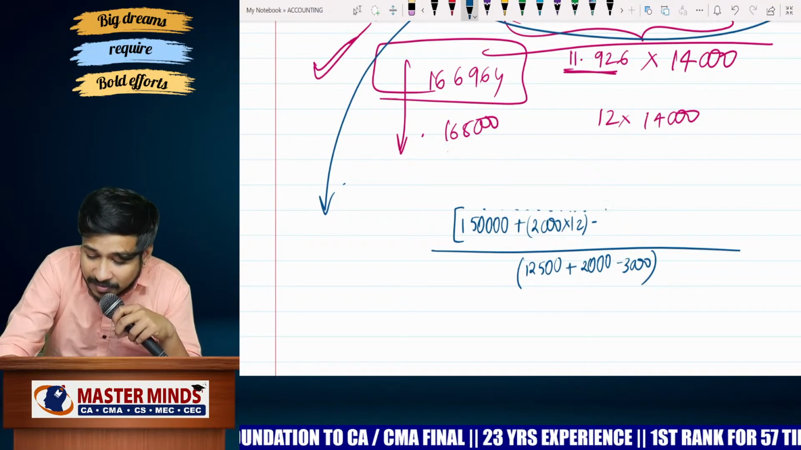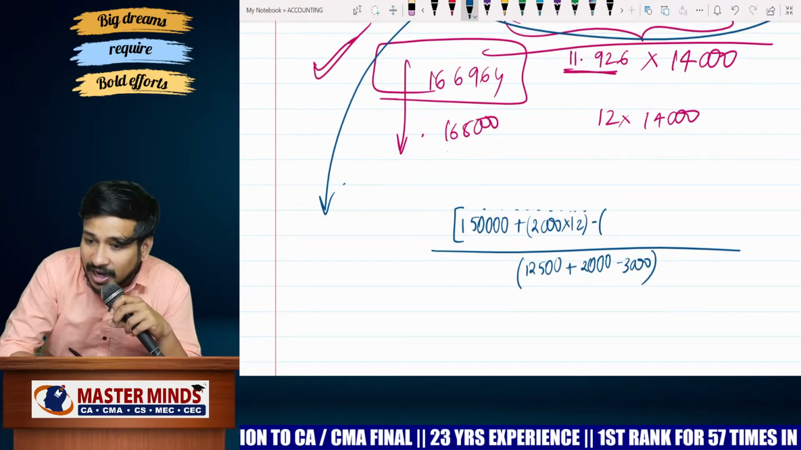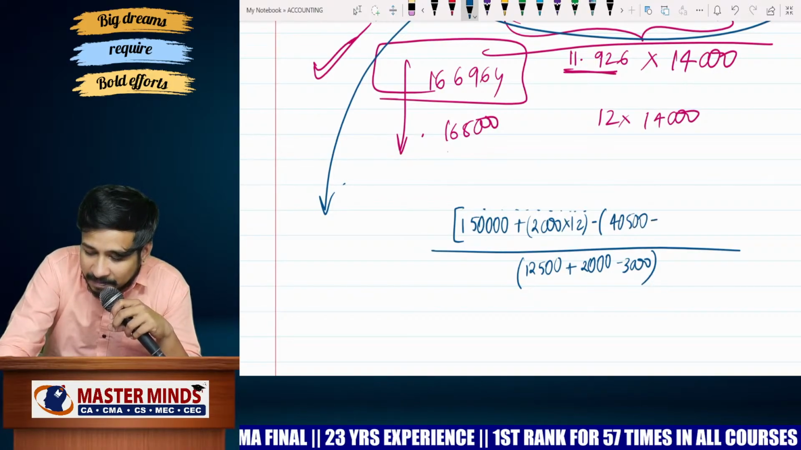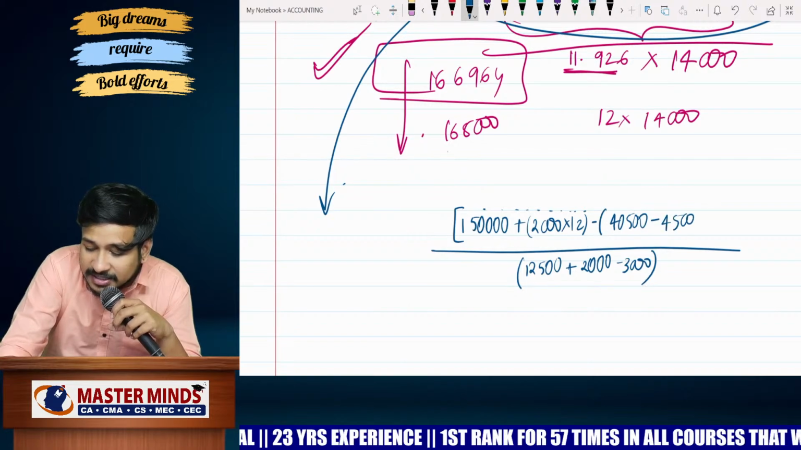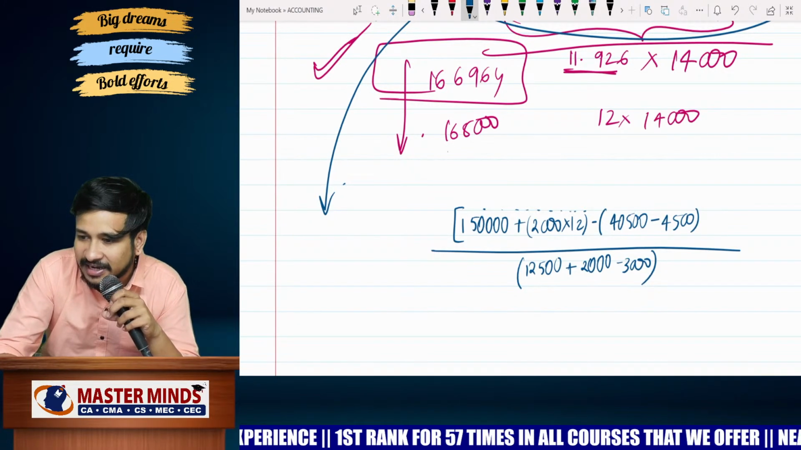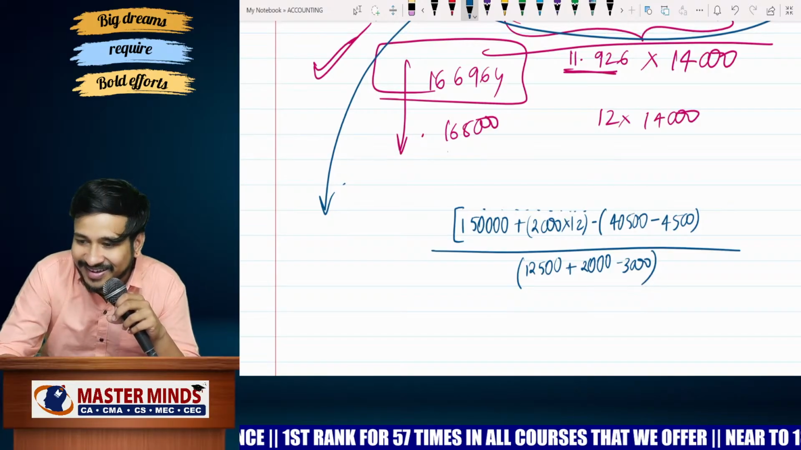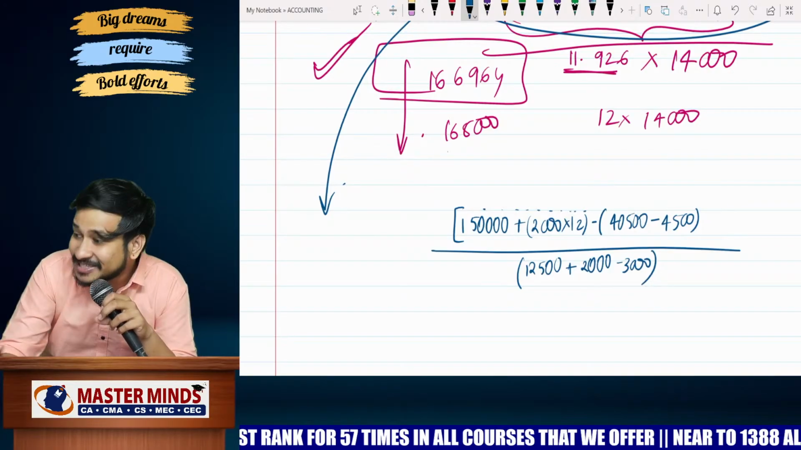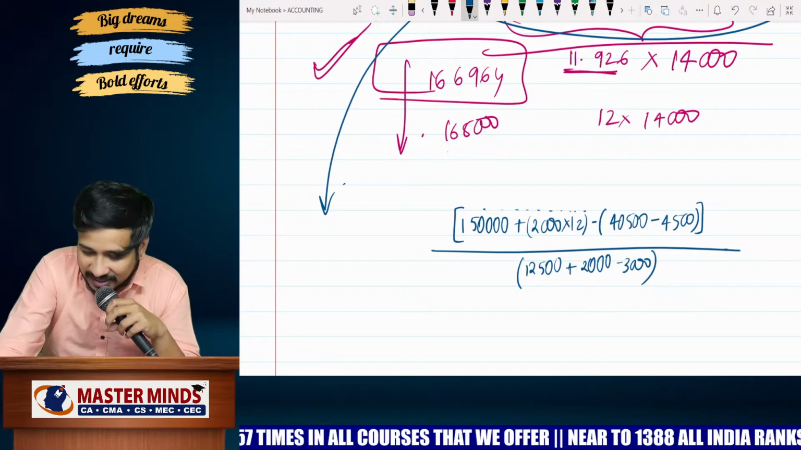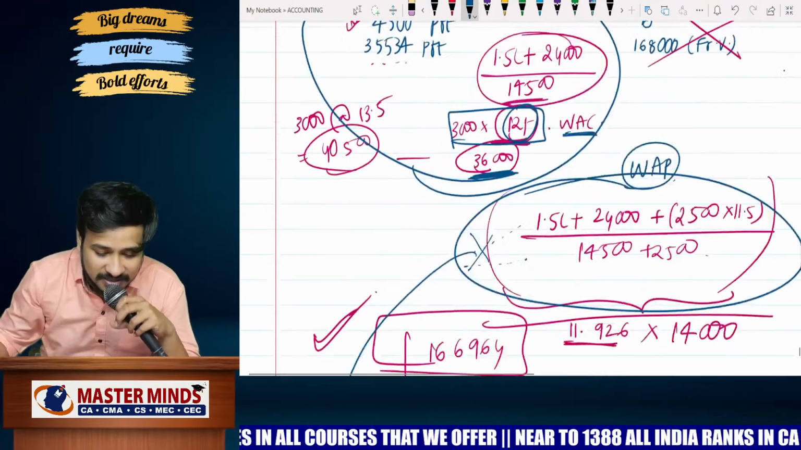Some people will be deducting the selling price. Then what to do is: 40,500 is the selling price, minus 4,500 is the profit. Whichever way you do it, at the end of the day you are supposed to deduct the cost price of the sale. Remember that. And finally you have purchased again